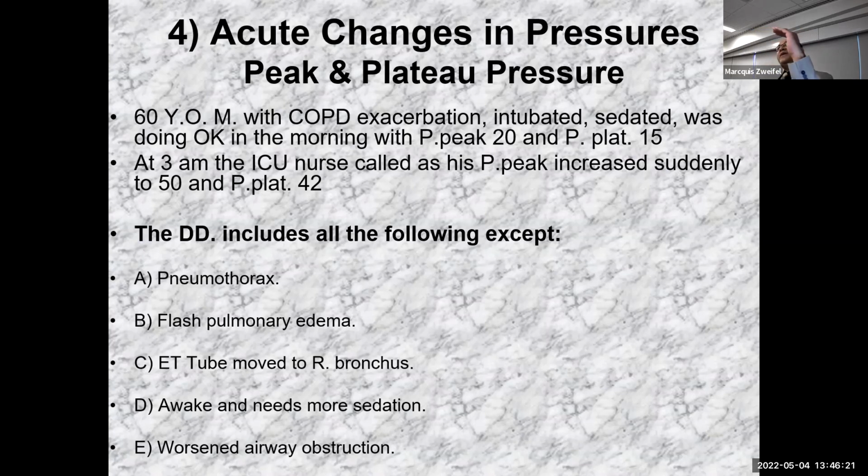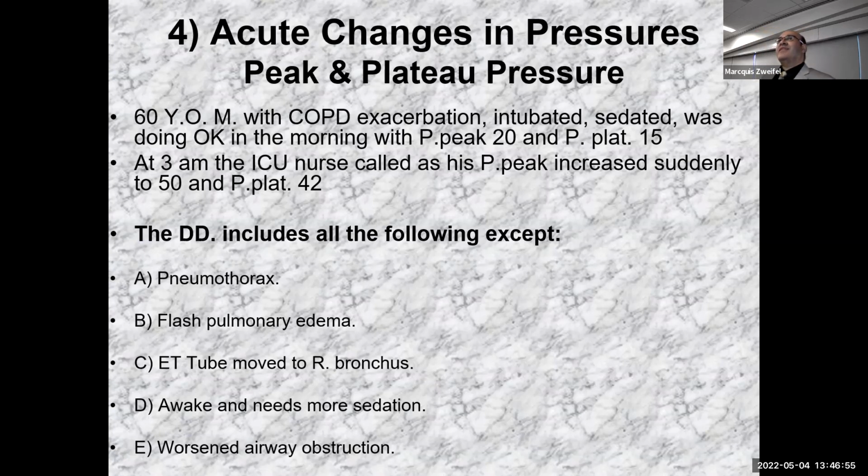So we have an increase in the peak and an increase in the plateau. Okay. So the ET tube moved to the right bronchus. Any other answer? Worsened airway obstruction. So E is the correct answer, but this is an airway problem. If your ET tube, with a 500 tidal volume, is ventilating 2 lungs, when it goes to the right lung, the 500 volume will ventilate only 1 lung,